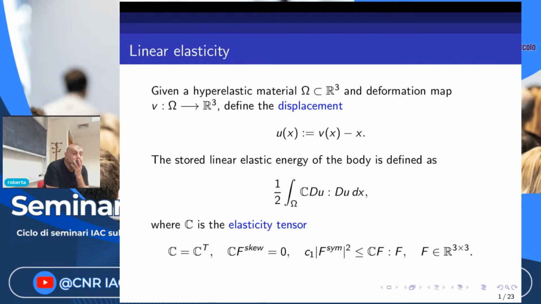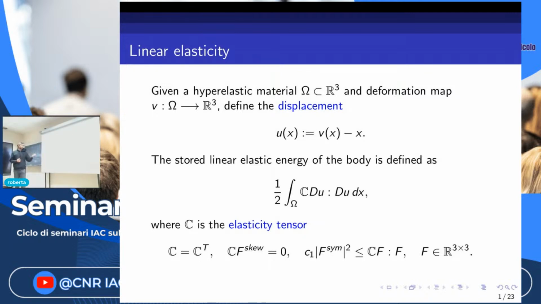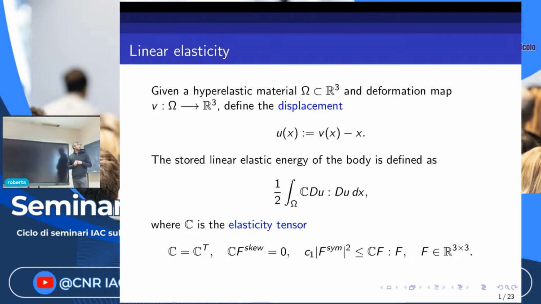A brief reminder of what linear elasticity is, what we're going to need of it. In this context, we are in R3, given a hyperelastic material omega in R3 and a deformation of the body v, then we can define the displacement as v minus the identity, which is a measure of how the points are displaced, as the name says, by the deformation. Of course, being a deformation, there is some stored elastic energy in the body, and in the framework of linear elasticity,